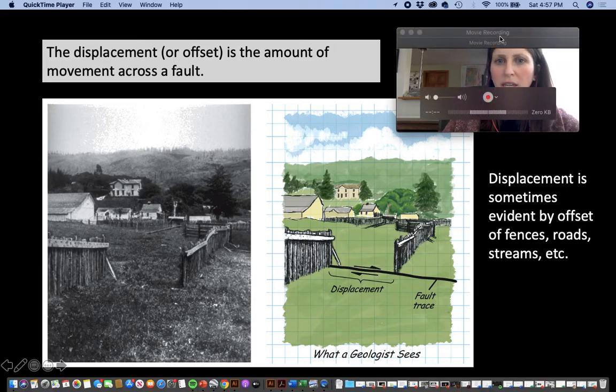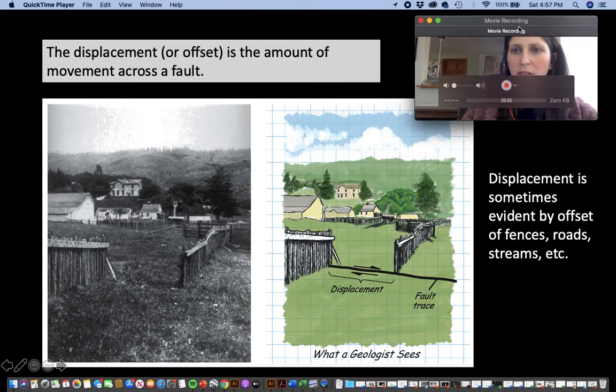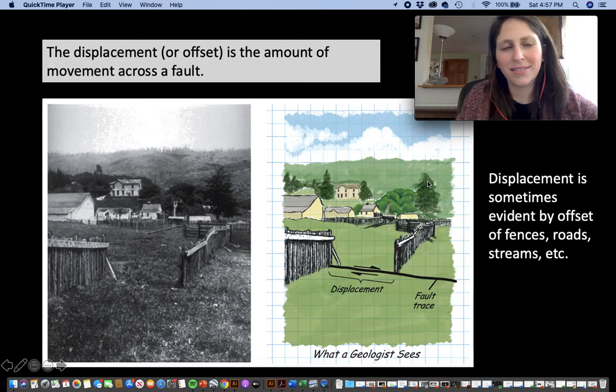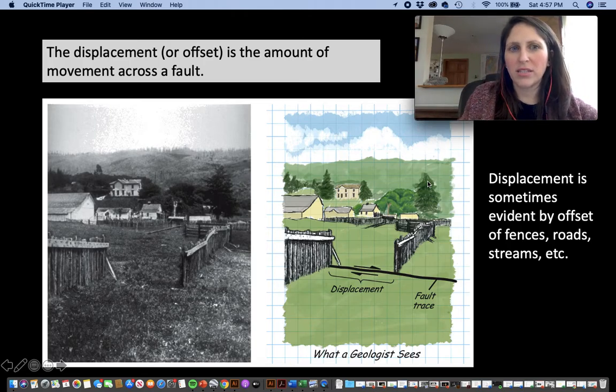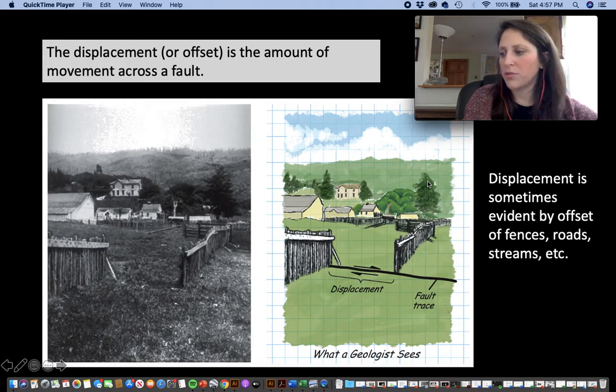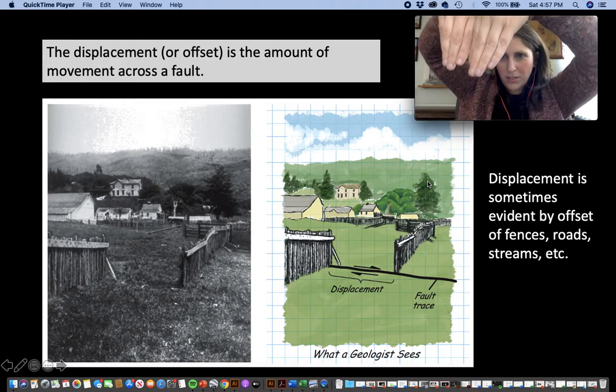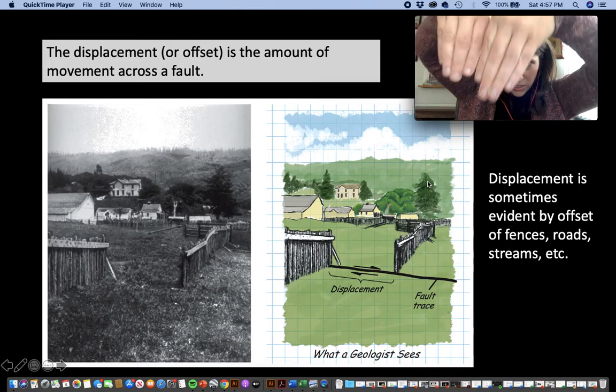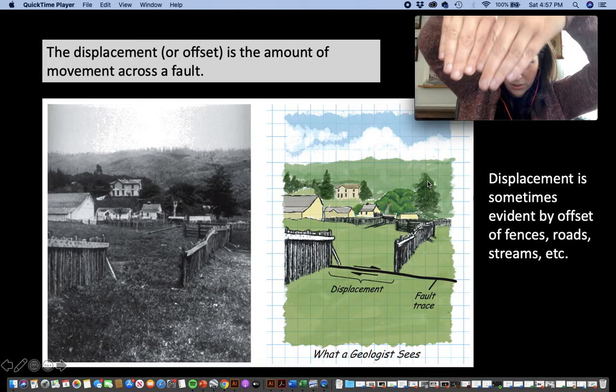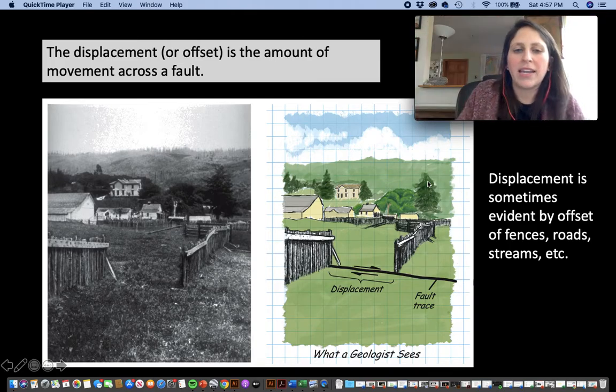One cool thing about earthquakes is that you can measure the amount of displacement across the fault. And this only really works with a strike-slip fault, right? So you have two plates that are sliding past one another like so. And if you look at this